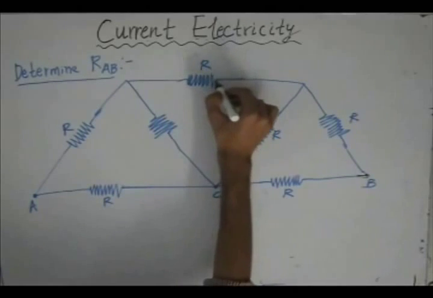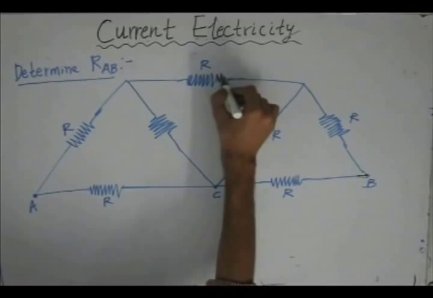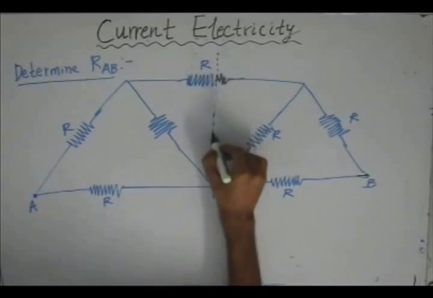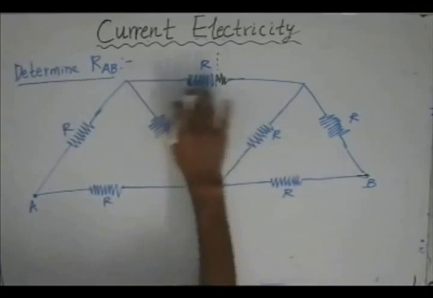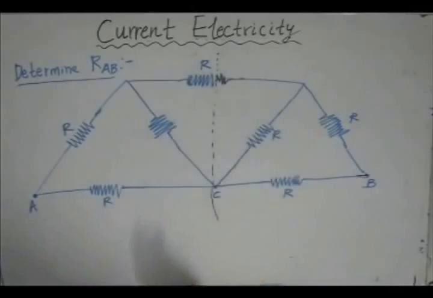about this axis, about this plane. If you consider this axis, about this plane, we can see there is symmetry in the structure. There are two triangles and a horizontal branch. In the horizontal branch, there is some resistor. So what we can do here is, since it is symmetrical, we can use a concept that